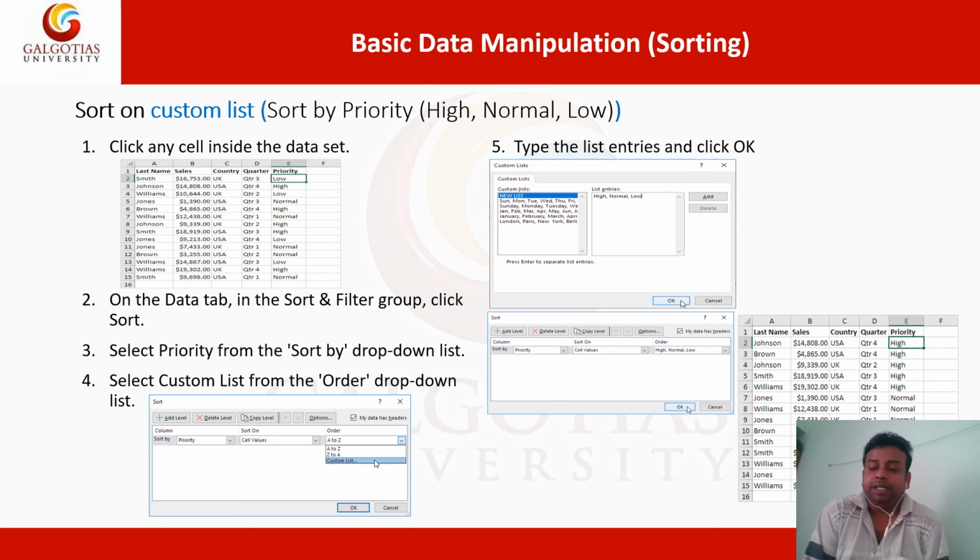Then suppose in another example we have to perform the sort on the basis of priority: high, normal, and low. You choose the priority column first, then go to the Data tab, select Sort and Filter, and click on Sort. Then the custom sort will appear. Select priority from the Sort By drop-down list. Select Custom List from the Order drop-down list, as shown in the figure, then type the list entries and click OK. So it will be sorted